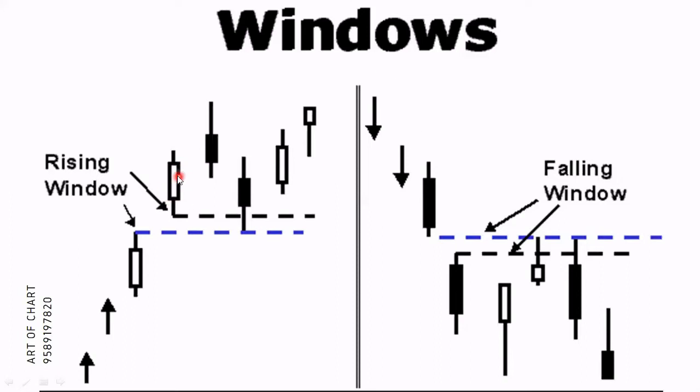So this is one candle which has opened on a gap, and this is the previous candle which was there. So there was a gap up opening. Okay. So this gap up opening will act as a support. And in the case of a bear trend, if the market is falling, the market is in downtrend, and then there is a gap down opening, then this gap will work as a resistance. So this is one of the important patterns.